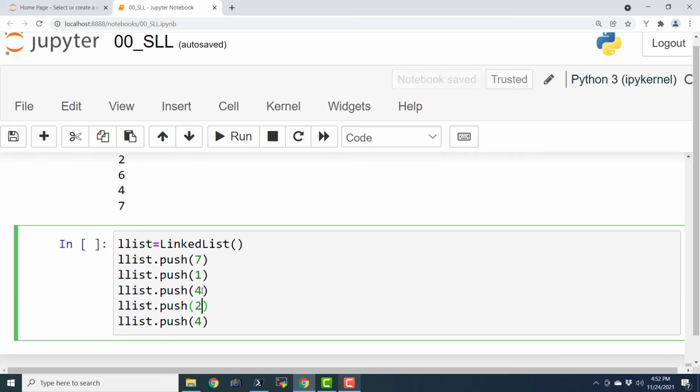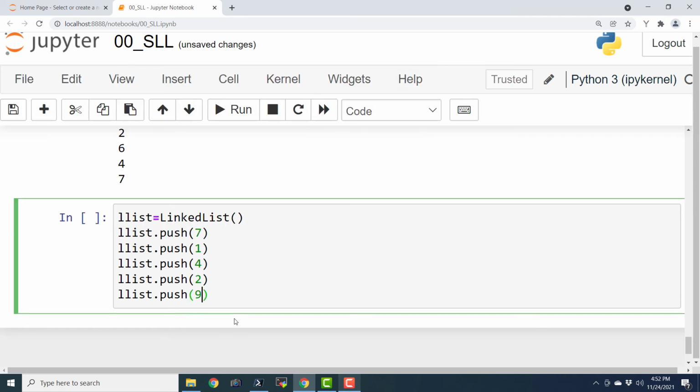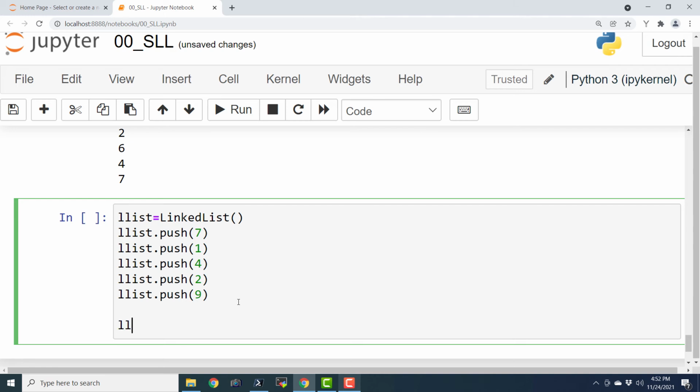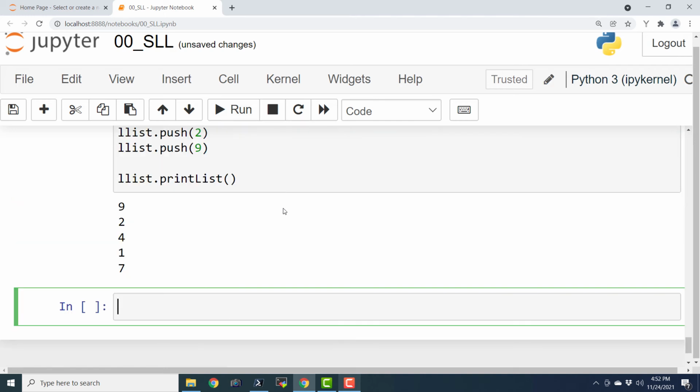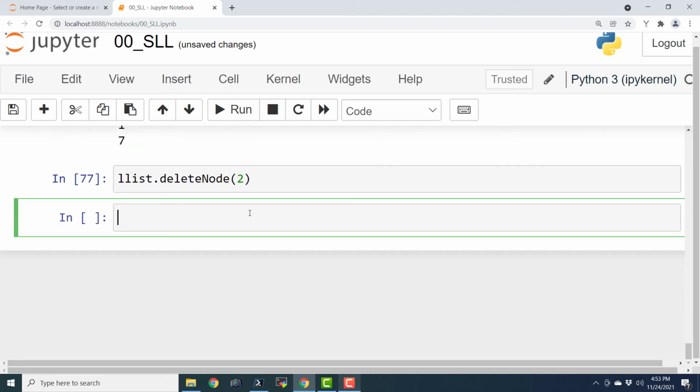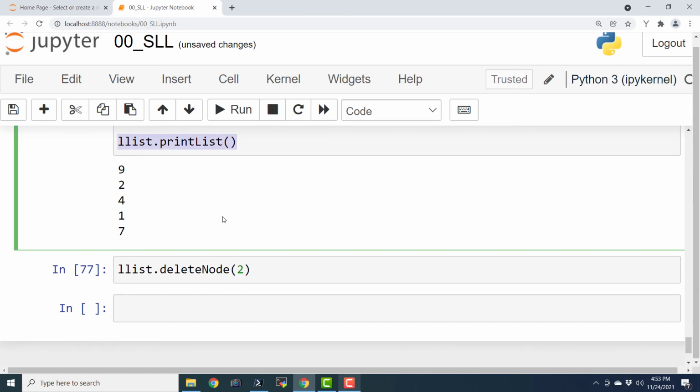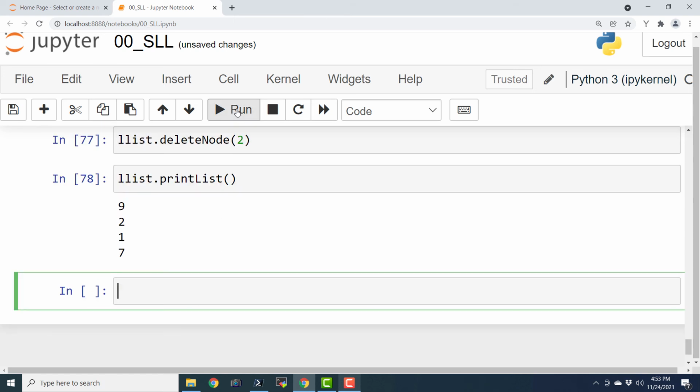So let us add something unique, 9. Okay, 9 4 2 1 7. So these are the contents, and a_list.print_list. If I execute this, this is the content of that list, and I will say a_list.delete_node(2), and finally again I will try to print that list, and let us see what are the contents.